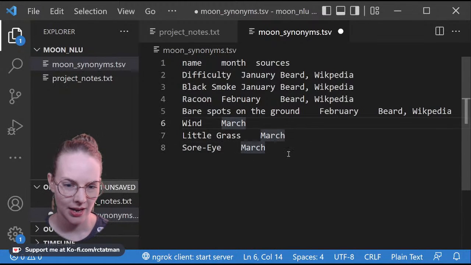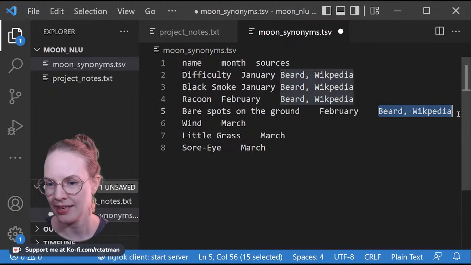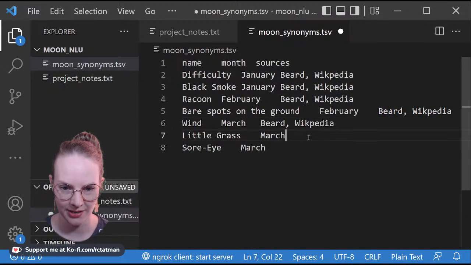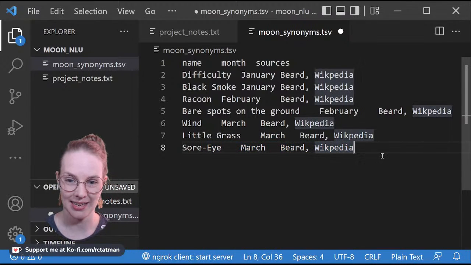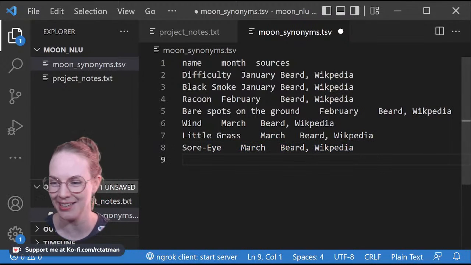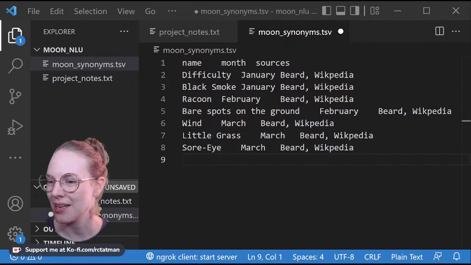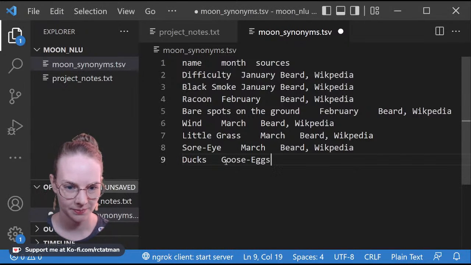All right. And sure, maybe I could find another resource where the things are organized a little bit better, but then I wouldn't know the source for them. And I do care about that, actually. I do want to know the source for these things because I want it to be useful. All right, so we had ducks and goose eggs.